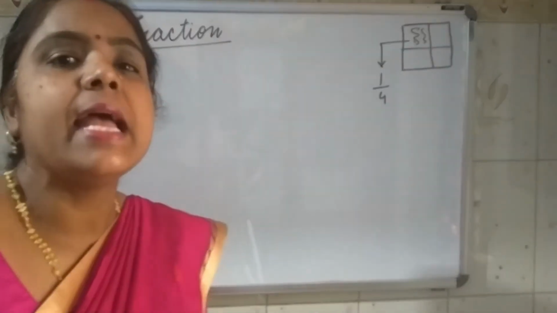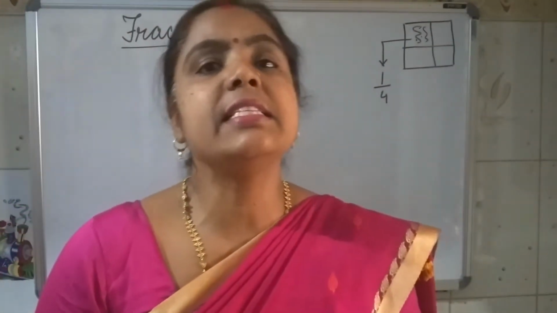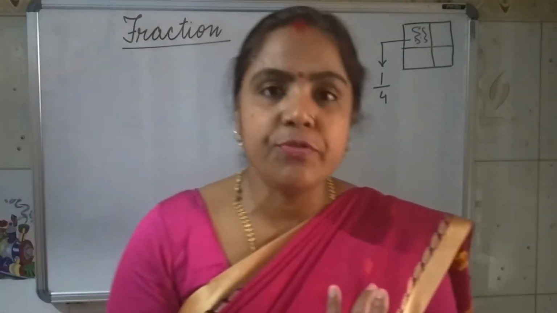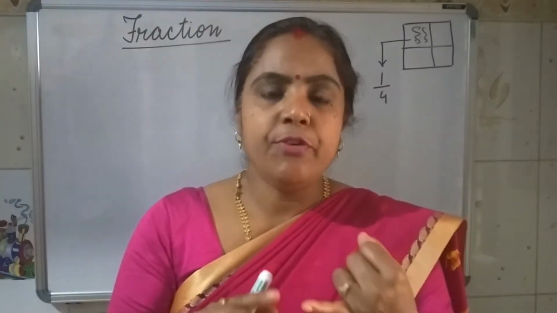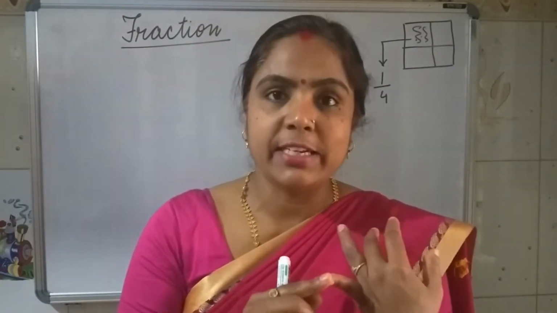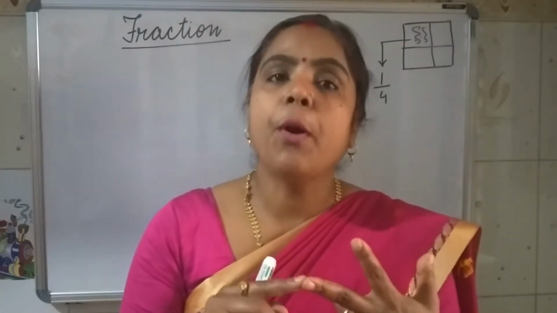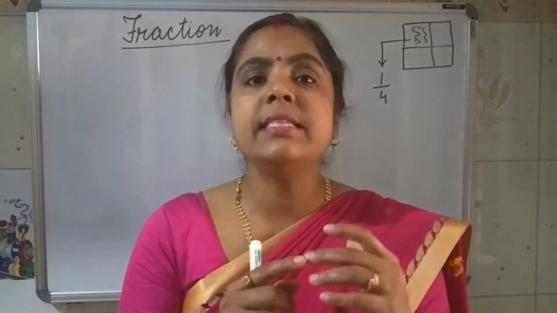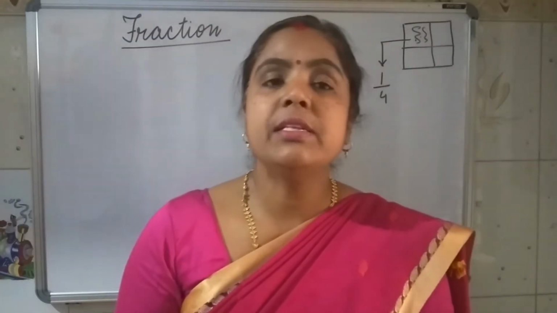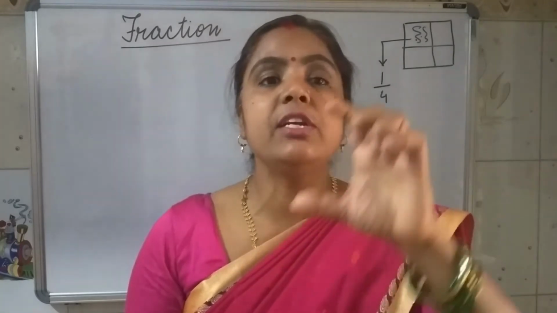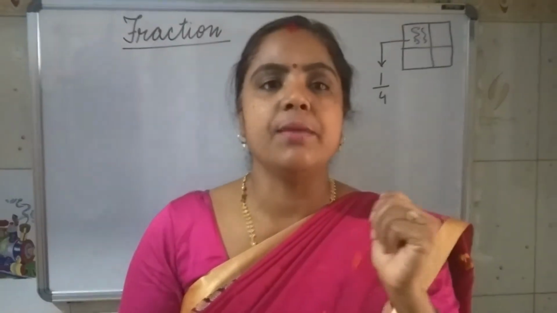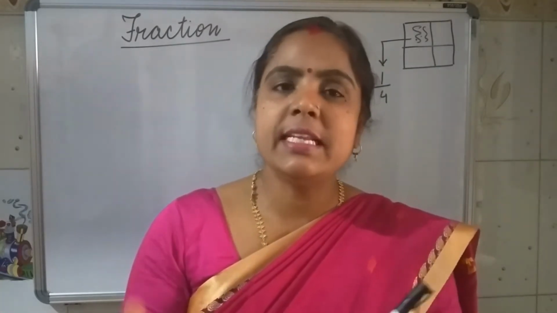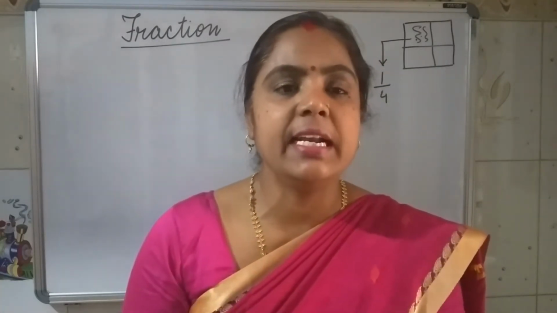So we can see what a fraction is. A fraction is a part of a whole. Then the second thing, how many types of fractions are there? If you remember, the types are like fraction, unlike fraction, proper fraction, unit fraction, and improper fraction. And then the last one is the mixed number. A mixed number is not a fraction, it is a combination of a whole number and a fractional number, so we are calling it a mixed number. One by one we are going through it. It is a recapitulation of whatever you have studied in class 4.